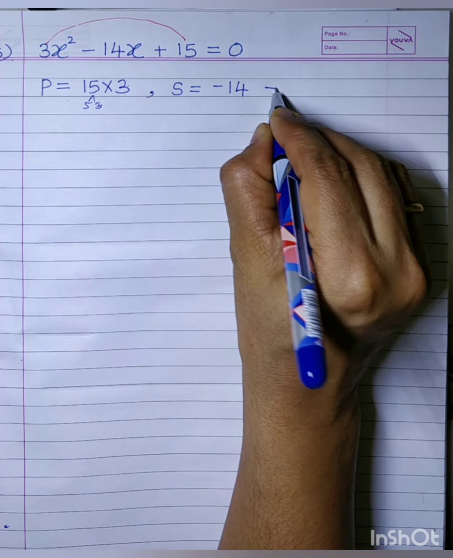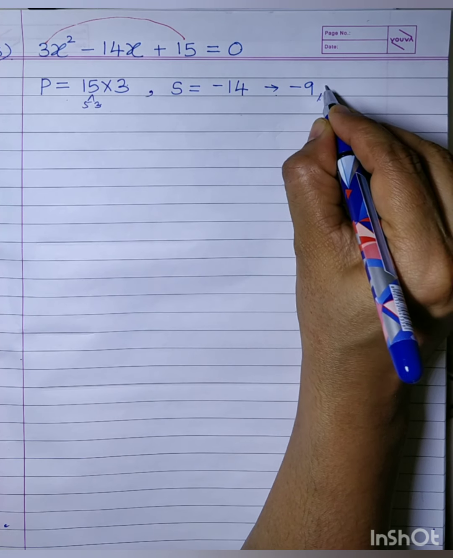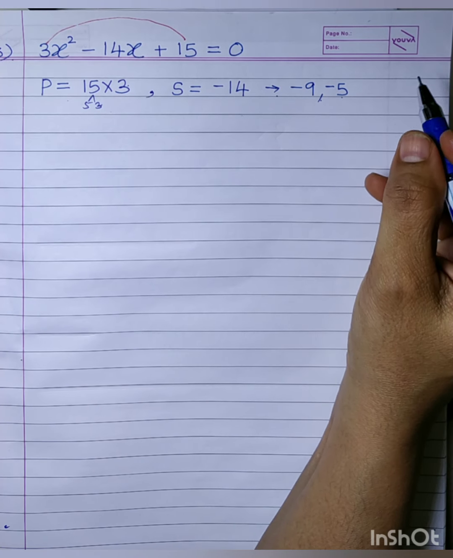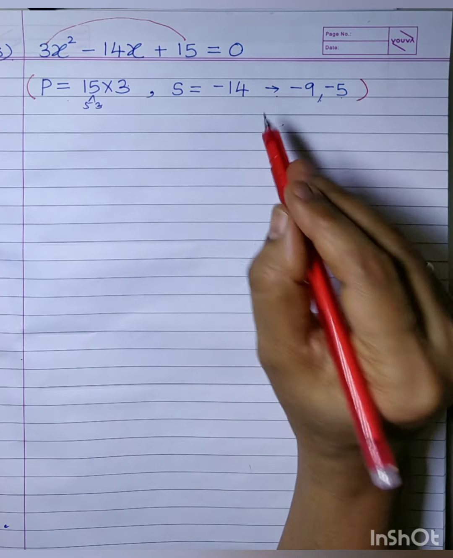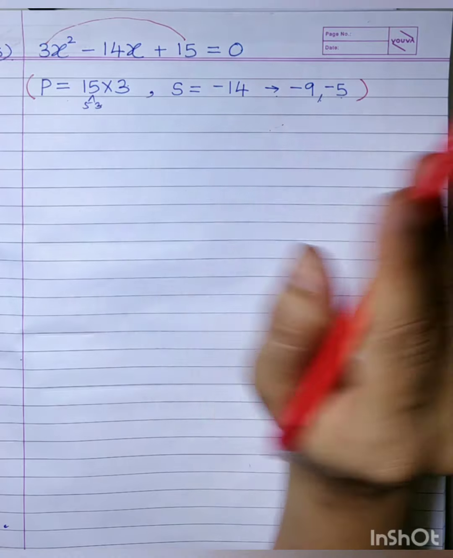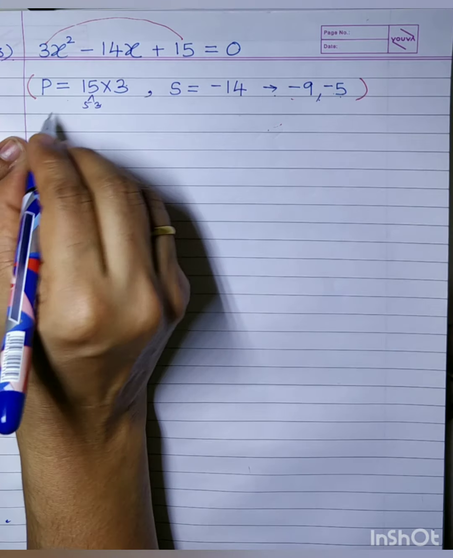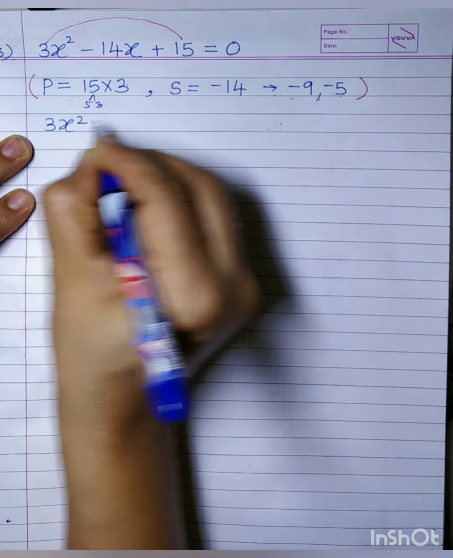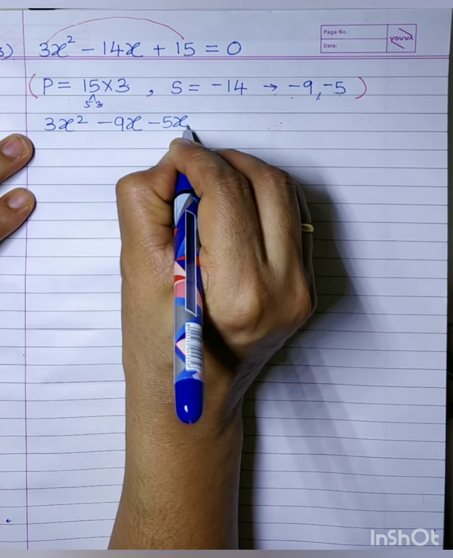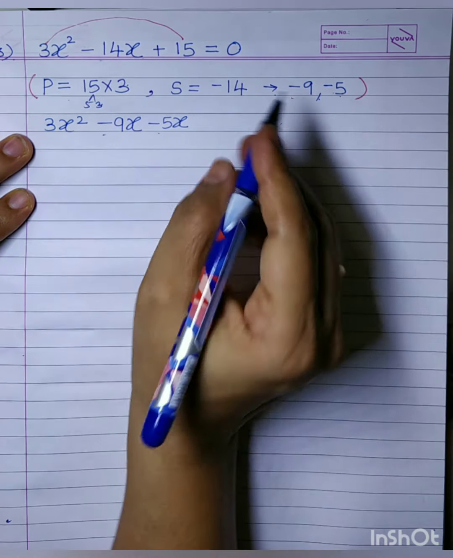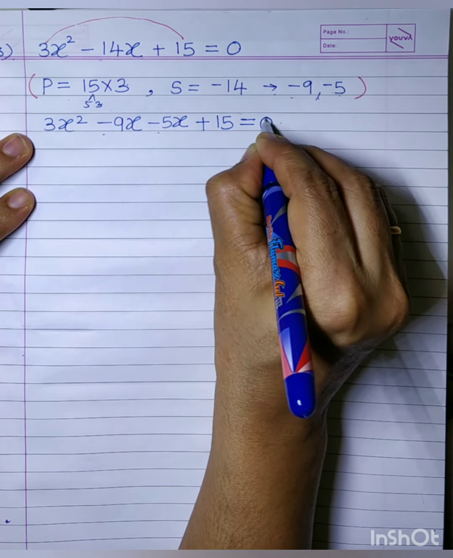Now what we have to think about is their sign. So the numbers both will be having the same sign, then only you will be able to add, na? And lastly, I suggest that you have this check always, that product is positive. 9 5s are 45, satisfying? Yes. And minus 9 minus 5 is going to give you minus 14, and then fast you can do 3x square. In place of this, what I will be writing here? Minus 9x minus 5x, minus 14x is minus 9x minus 5x plus 15 equal to 0.